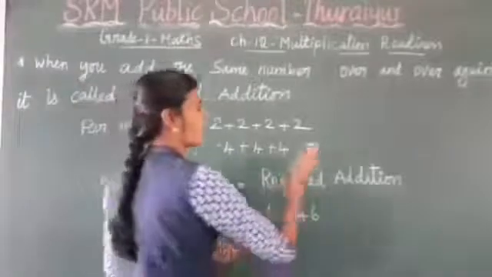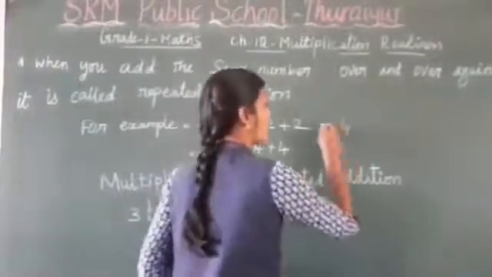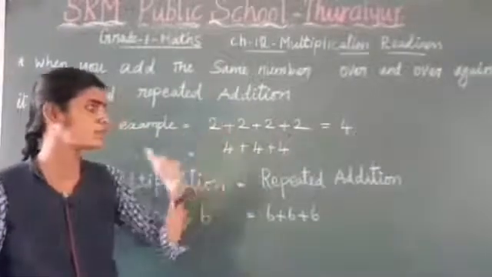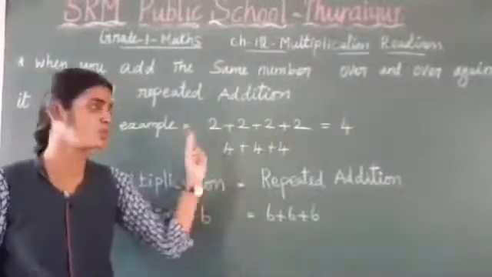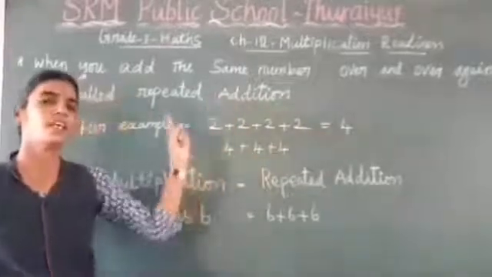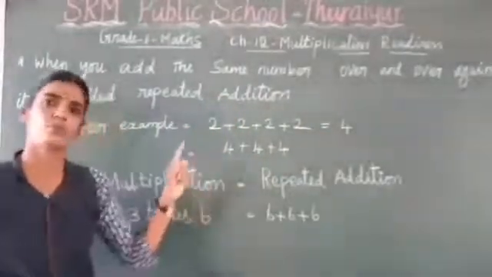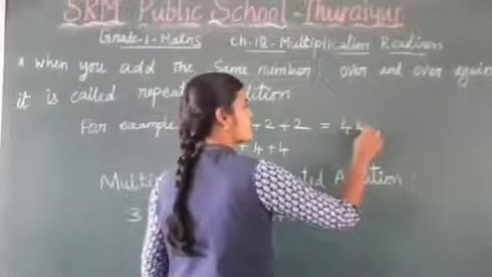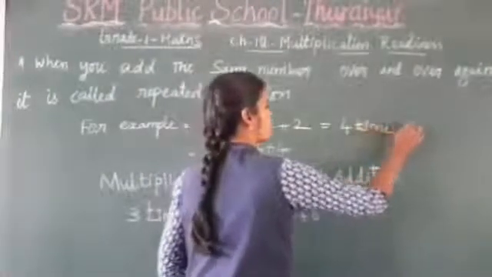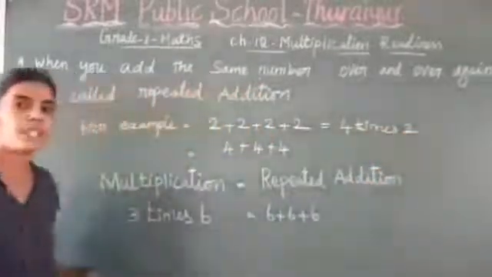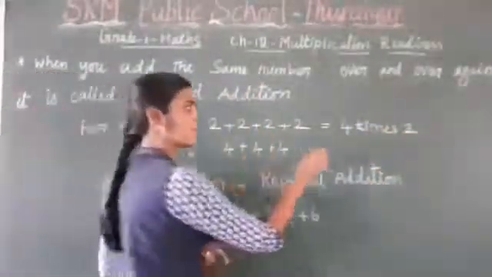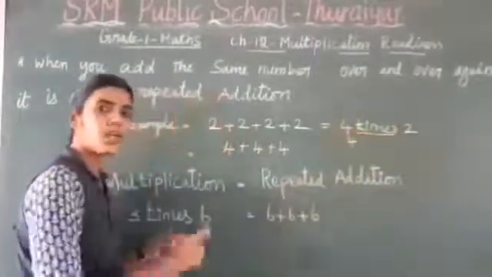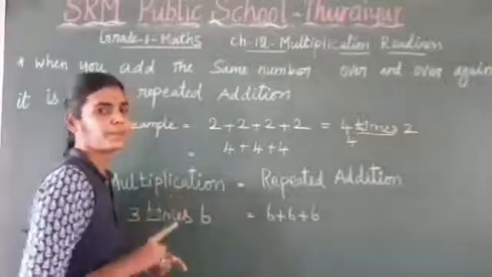So how will you make the table instead of this repeated addition? 4 times means, first, how many groups? That is denoted by the group. 1, 2, 3, 4. This is one group, 1 group, 1 group. So 4 groups. We can tell it as 4 times. 4 times repeated at what number? 2. So 4 times 2. How will you write the multiplication? This one 4. Instead of this times, you have to write the symbol of multiplication.